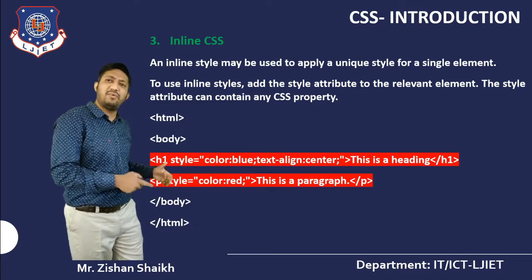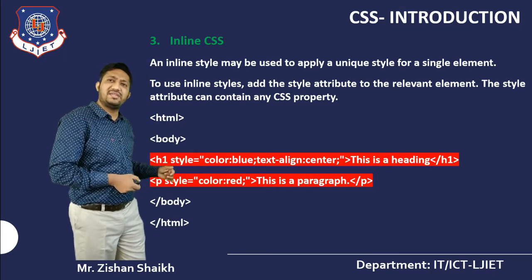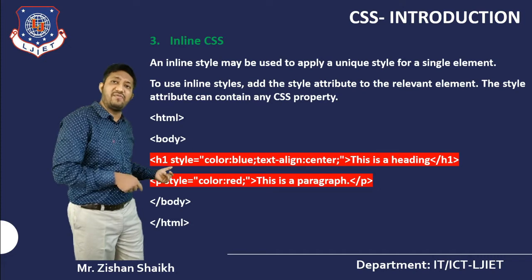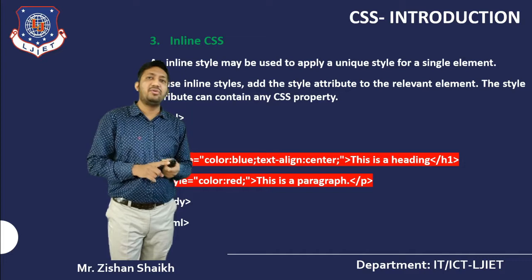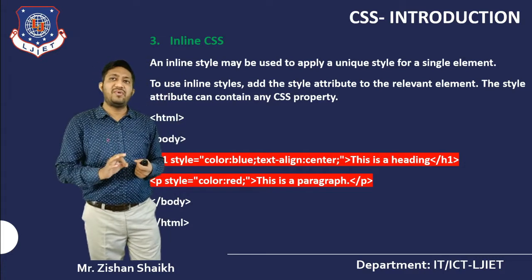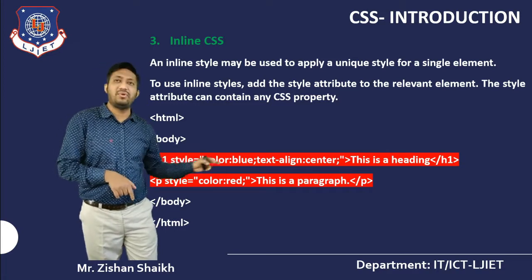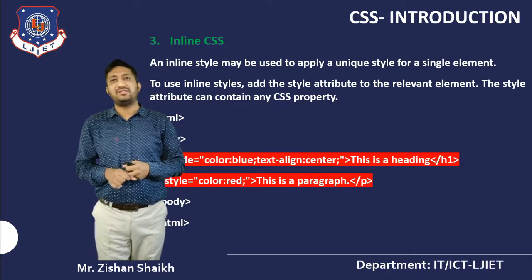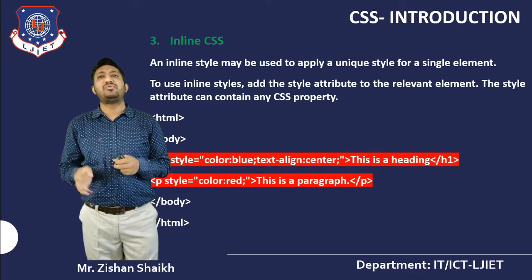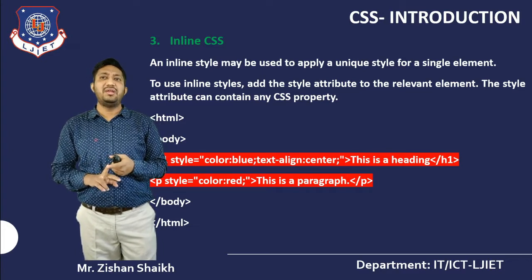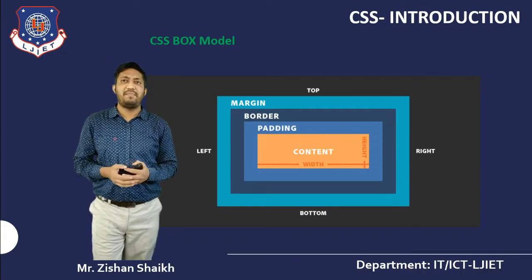Next is the p tag. Suppose I want to apply some other attribute to my p tag using my inline CSS. So in the p tag itself, I'm writing style is equal to color. This is the case where you want to apply a CSS attribute to the tag itself, in the line of code. In that case, you are using inline CSS. So basically, there are three important types of CSS, depending on where we apply it: externally, internally, and inline. So this is the basic idea of applying CSS.